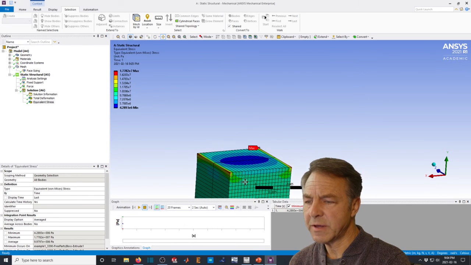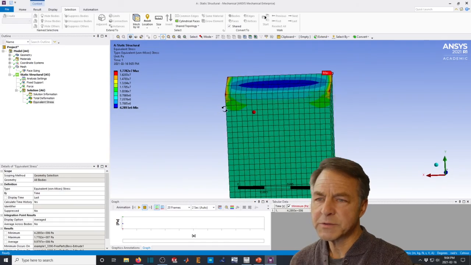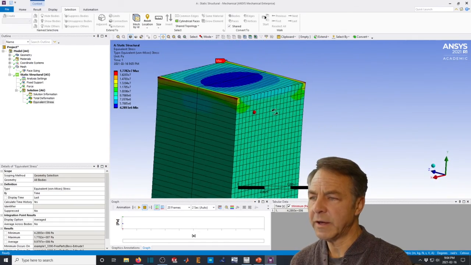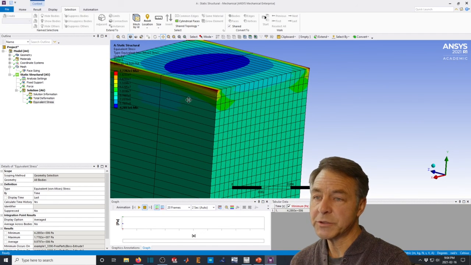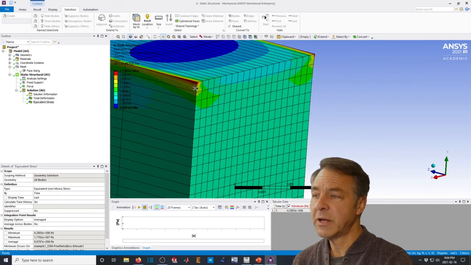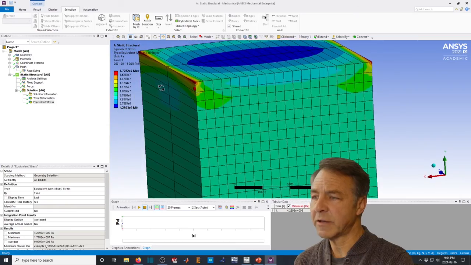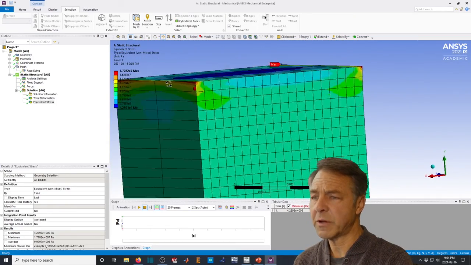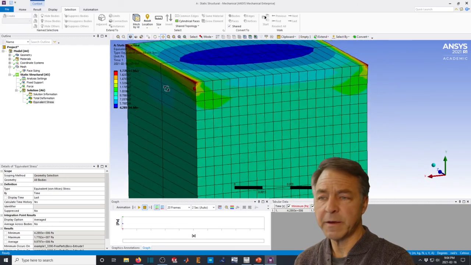And you can see that with this smaller mesh, similar to the SolidWorks model, the colored boxes, which are an artifact of the size of the elements that we chose, have changed. They're not triangular like they were in the model that we chose in SolidWorks, because the size and shape of the elements